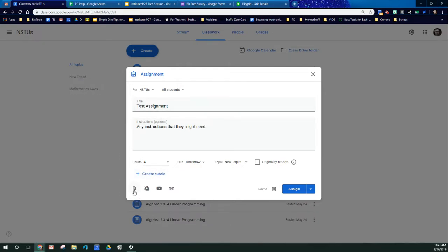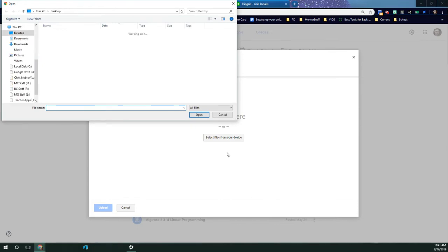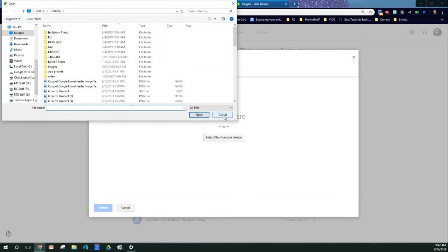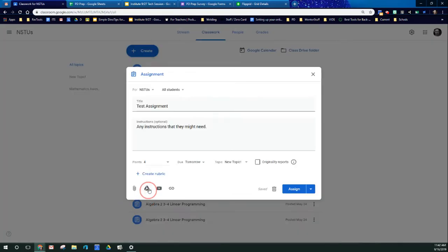Going down the bottom here, we have 4 different ways that we can include resources and or assignment templates. This paperclip, as it has always been, is a symbol for attachments, and these will be things that will be attached from your computer. So if I click into this, it will open up a box that immediately goes from File from my device. That will be pulling anything that you need to share there, PDFs, images, Word documents, whatever it may be, videos. Notice you have all of these up here, which are going to be the same if I go to this,